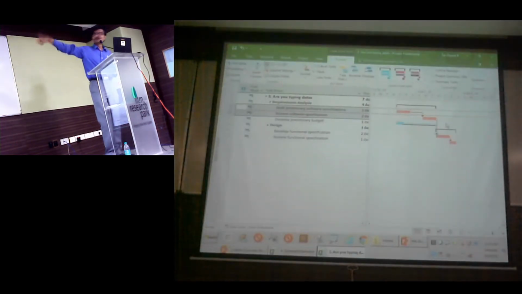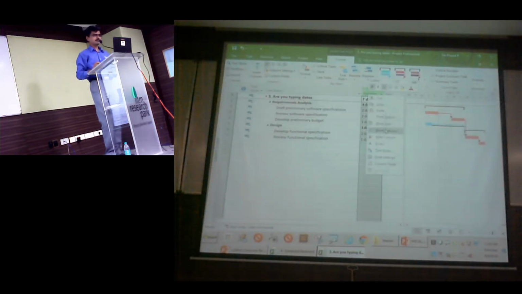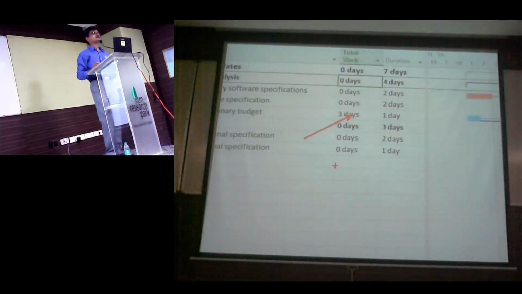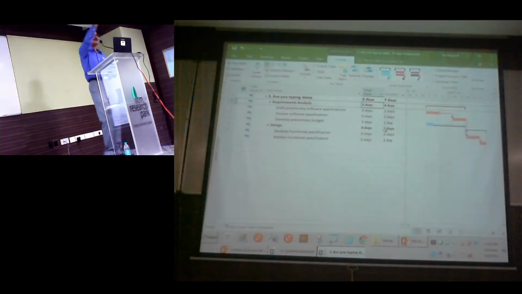If you need a number, a column for slack, you can have the column anywhere, total slack. Notice it is 3 days. I don't need to get into that part. I hope this answers your question about how to see your slack. So slack cannot be increased or decreased by you. If you want to reduce the slack or increase the slack, make sure that your critical path is much longer. Okay, that's how you can do it. Are we all good about it? Yes. Any questions about this point?